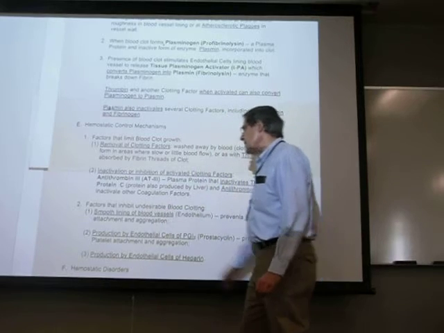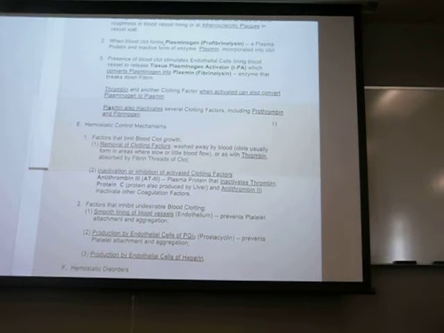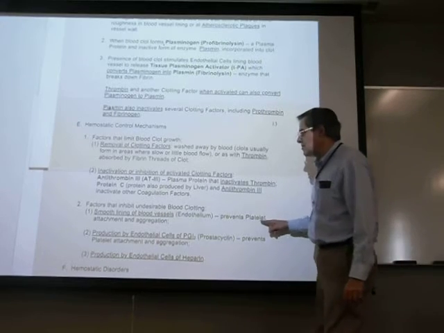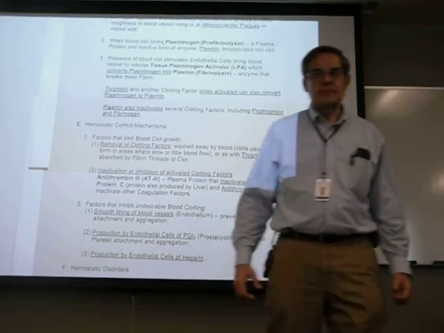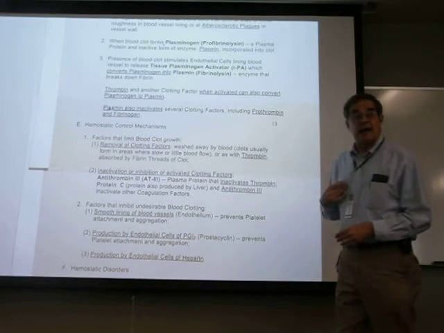Also, there are factors that basically inhibit undesirable blood clotting. The smooth lining of a normal blood vessel, which is formed by those endothelial cells, called the endothelium collectively, prevents the platelets from becoming activated. They don't aggregate, they don't form the platelet plug, they don't release the chemicals to stimulate the blood clotting process in the first place. And that's why that lining is so important. That's why, too, when the lining gets ablated with these fatty plaques forming, atherosclerosis, there's always a risk of blood clot formation. And again, that blood vessel may not be leaking, you only have damage to the lining and part of the wall,